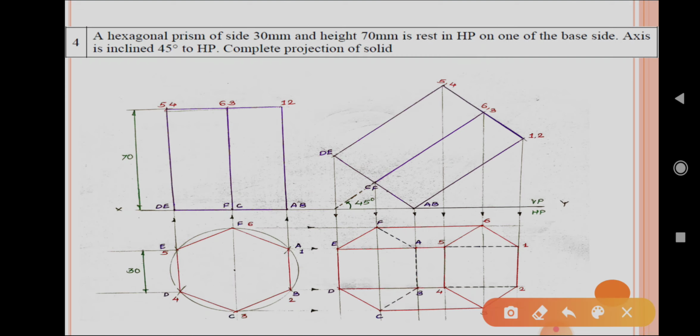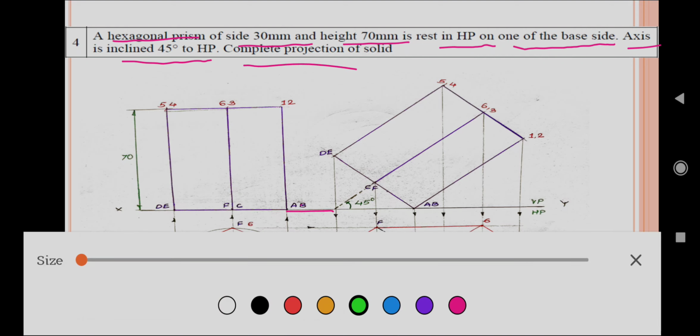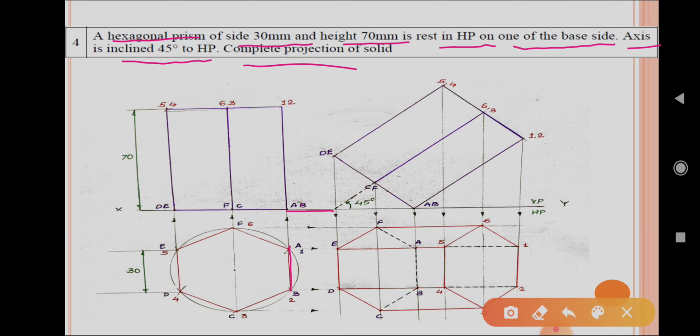Next is the fourth problem, related to a hexagonal prism of side 30 mm and height 70 mm, which is resting on HP on a base side. The axis is inclined at 45 degrees to HP. So first, with the base side perpendicular to the horizontal plane, you can complete the geometrical construction of the hexagonal